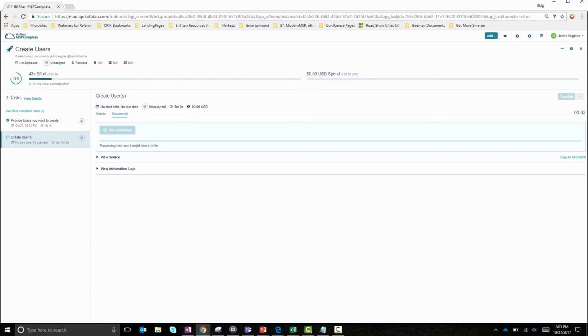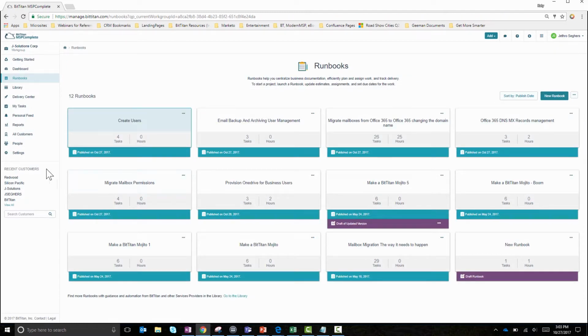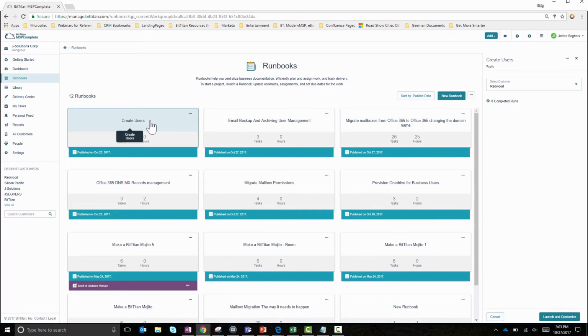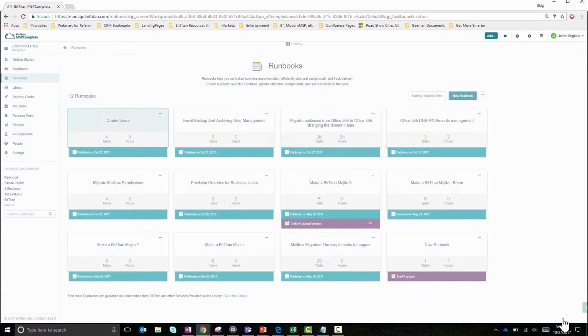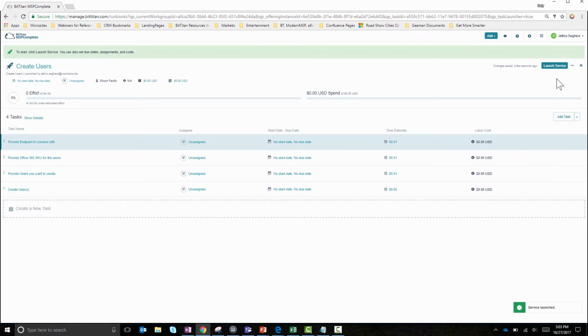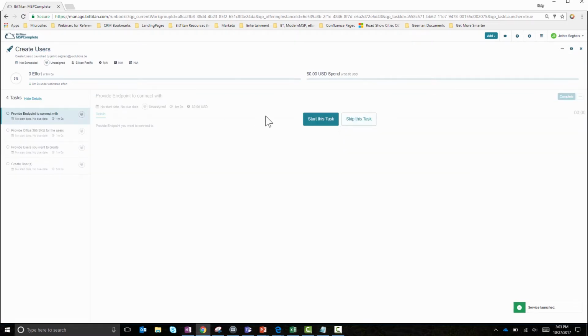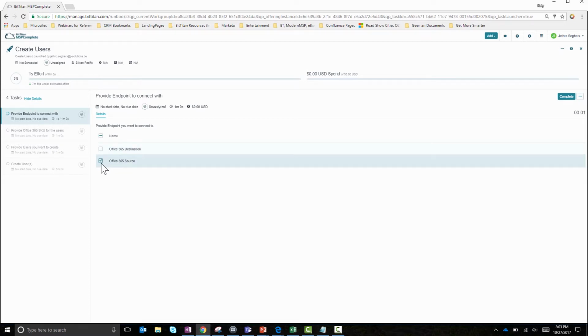While that is going on, I'm just going to go and do the same thing, but now for Silicon Pacific. So the same runbook, select Silicon Pacific, launch service, start this task. Now we're going to select the endpoint again, complete,